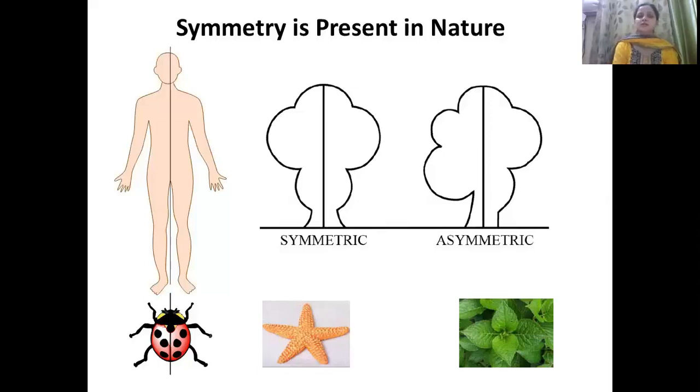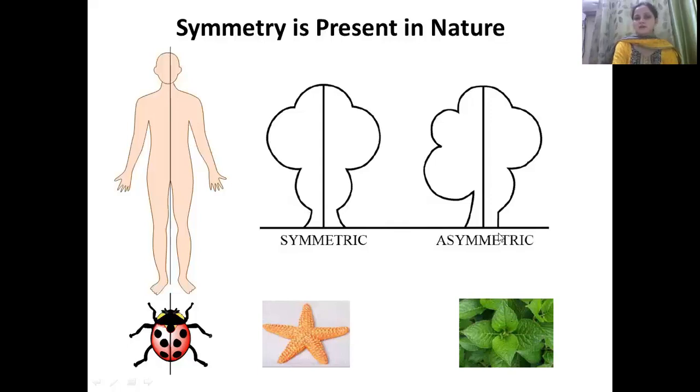You just look at the schematic presentation of the human being. If I cut a line over here, then you can see the things are symmetrical. So we have two legs, we have two arms, we have partially symmetrical things over here. And just look at this schematic presentation of a plant where I have symmetrically cut the plant from the center, and you can see that every part of this plant is the same. So this means this is symmetrical.